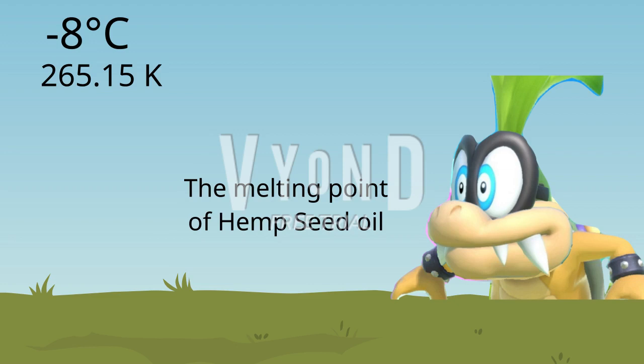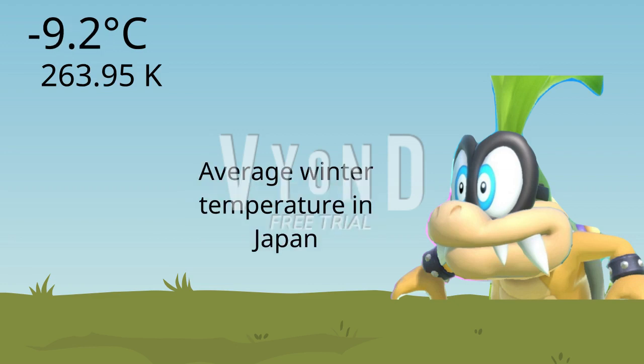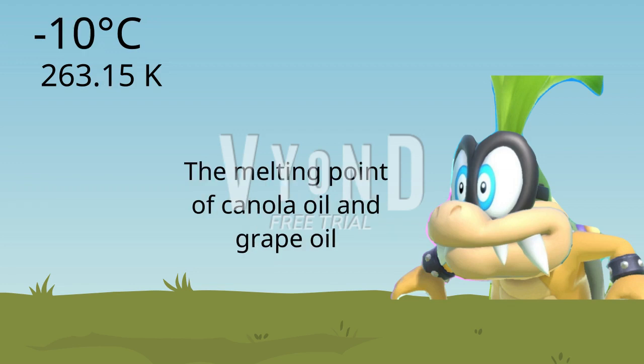hemp seeds. The average point of winter in Japan is -9.2 degrees Celsius, or 263.95 Kelvin. The melting point of canola oil, a vegetable oil derived from a variety of rapeseed that is low in erucic acid, as opposed to colza oil, and grapeseed oil, pressed from the seeds of grapes and is an abundant byproduct of winemaking, is -10 degrees Celsius, or